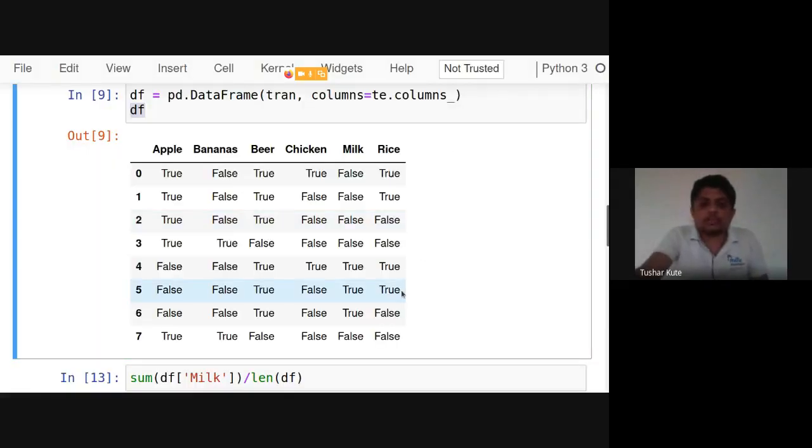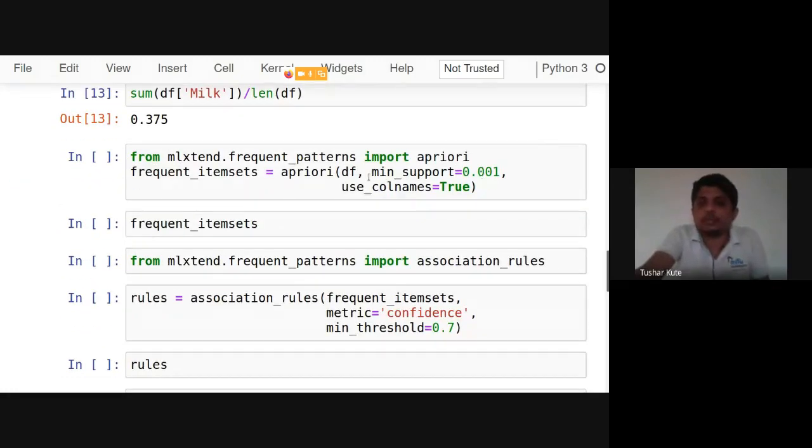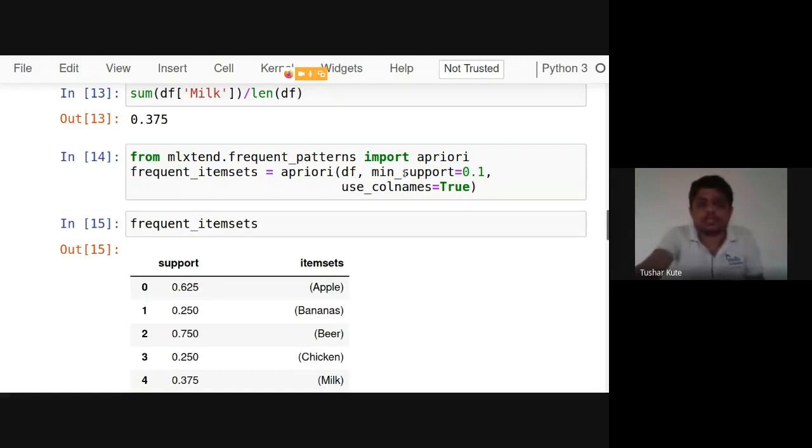As we have seen, we must have minimum support. I had given minimum support as 0.001, meaning 0.1% minimum support should be present. So I'll make it 0.1, meaning 10% minimum support should be present. Let's say that item, or the set of items, should be present 10% of the time. Then see how many frequent items will be generated. I'm taking the column names, and the minimum support should be provided. This is the first step of the apriori algorithm. It will generate and check the frequent item sets.